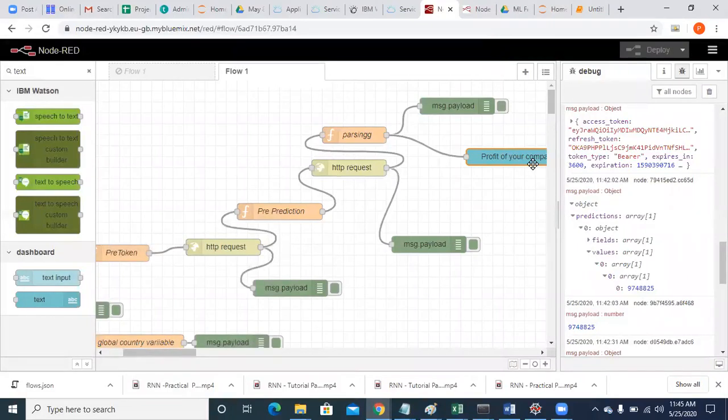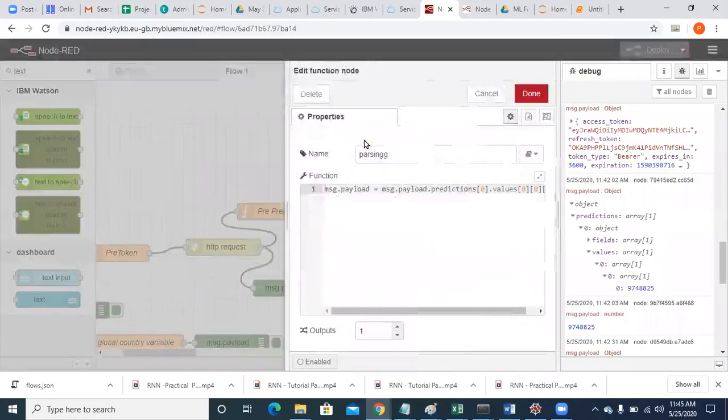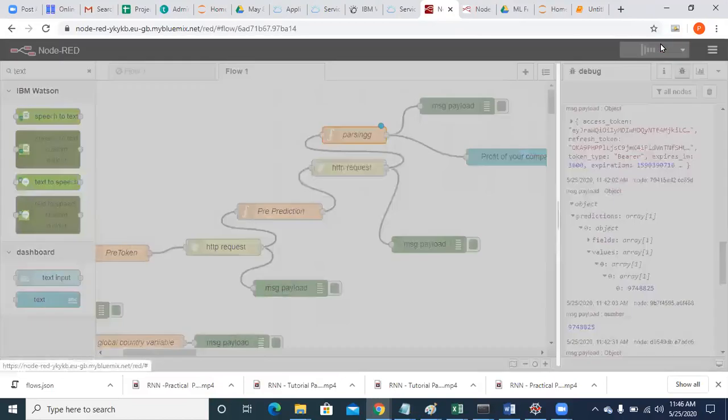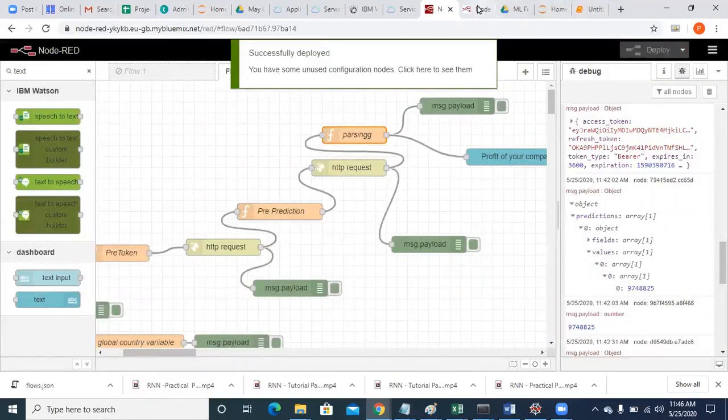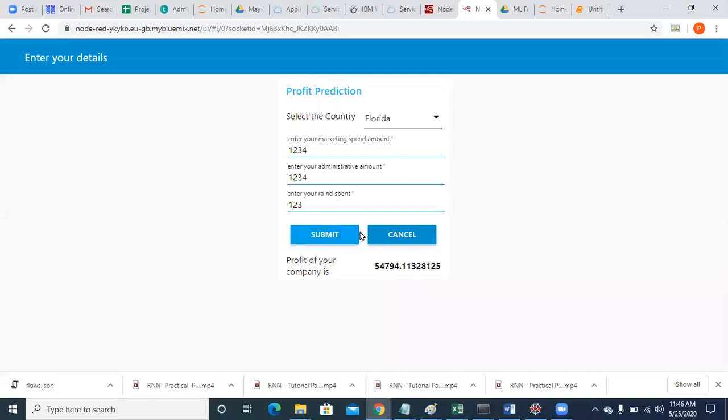Oh, if it is telling that the path cannot be read, then you have copied a wrong path, Pranav. So please copy the first option. First option, go to the msg.payload, remove whatever is there, put msg.payload is equal to msg dot, paste the path which is copied, return your message. Done. Deploy it. Now you will get the output. Now if you go to your Node-RED, a text box is shown over here.